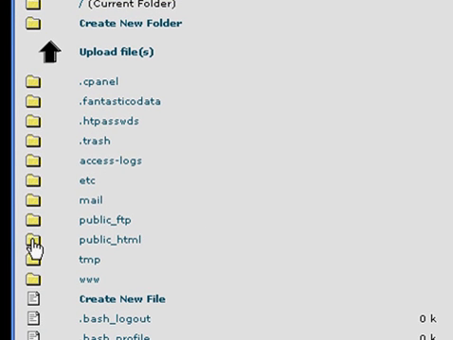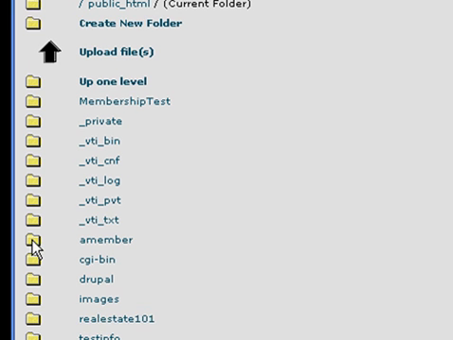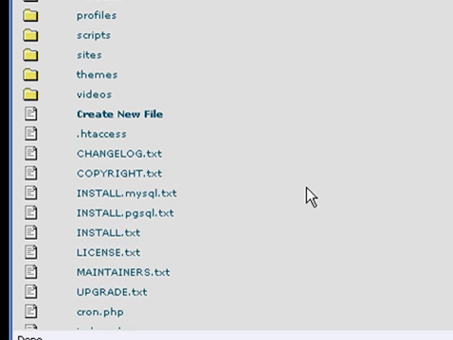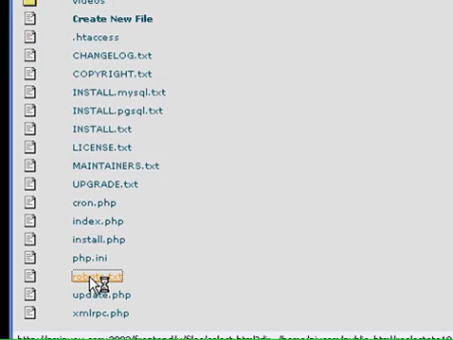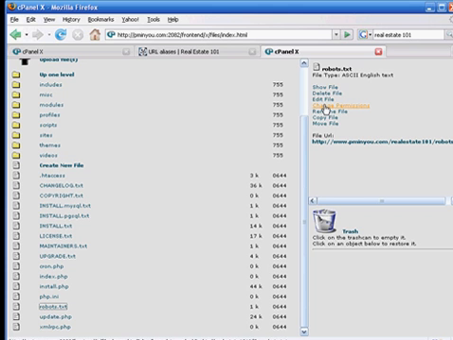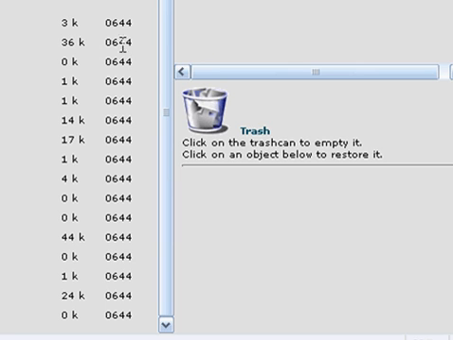But what we want to do is go into our core Drupal folder, that being right here, and we're looking for the robots.txt. Right here we are, and just click on that. One other thing I want to mention is over here, these are the permissions for each one of these files, and you want to have write permissions. So if while you're making a change on one of these files you find that it isn't taken, you get an error message or fatal error, whatever they call it, pretty scary,